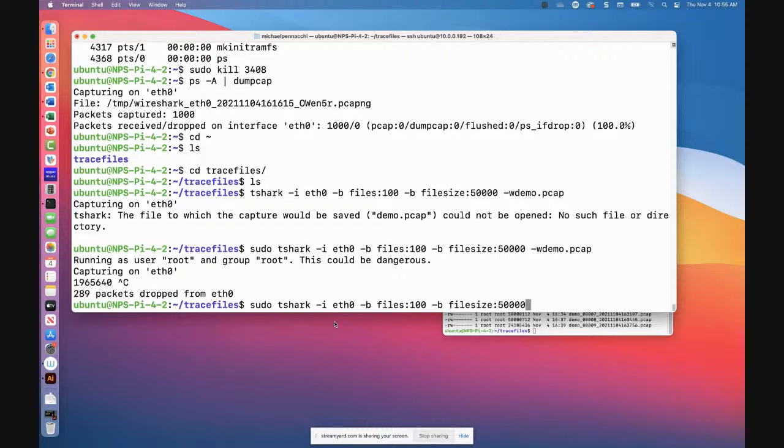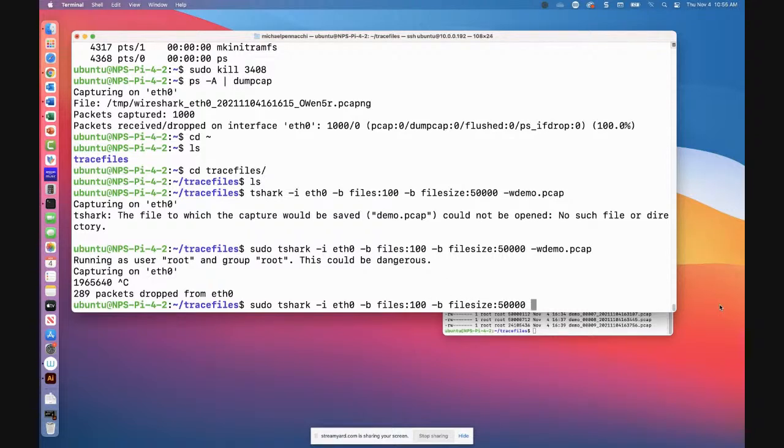This is measured in kilobytes, so this is a 50 meg file. I use the combination of files and file size based on how big a drive I have in that device. This has a 128 gig micro SD card in it, so I could go with a lot more files if I wanted to.